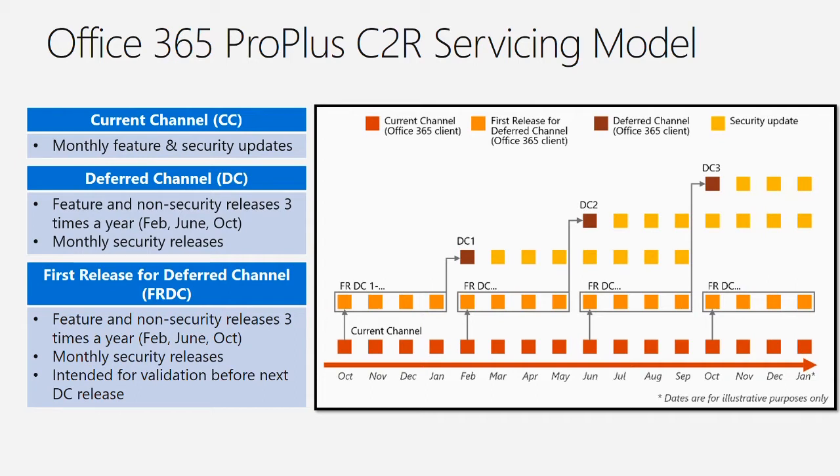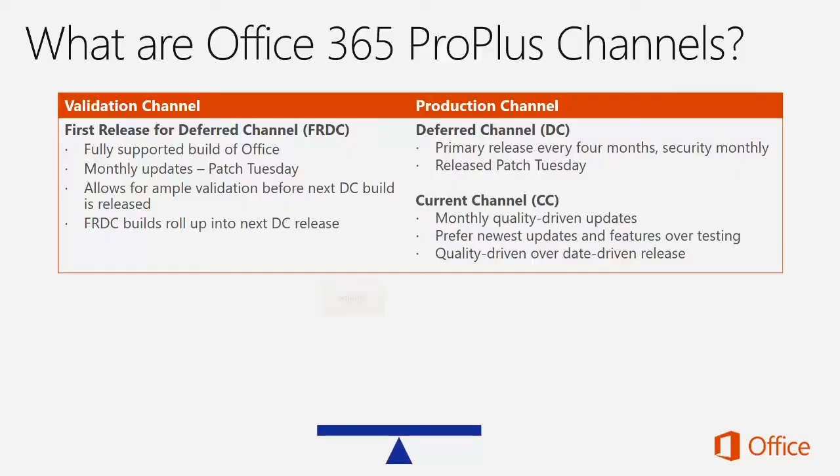All right, so that's really what our channels are. Think of them as two different choices for what I want my end users from a production perspective, and then I have this validation channel. And those are kind of key as we're walking through the rest of this slide deck on how do I manage and use these things to actually meet my corporate needs. So here's another kind of depiction of this and what we tried to solve as Microsoft. So I'll let it build out.